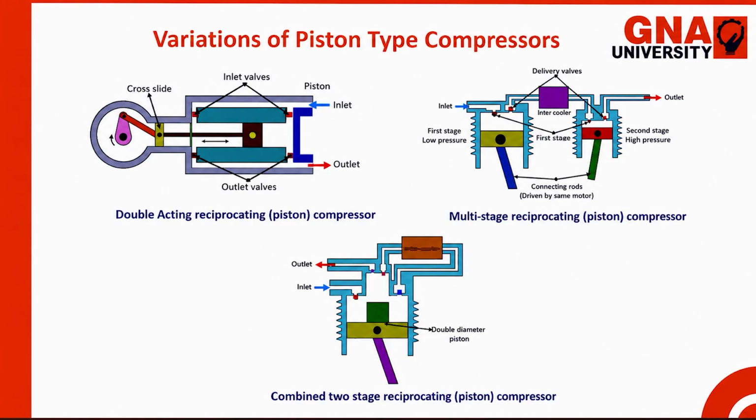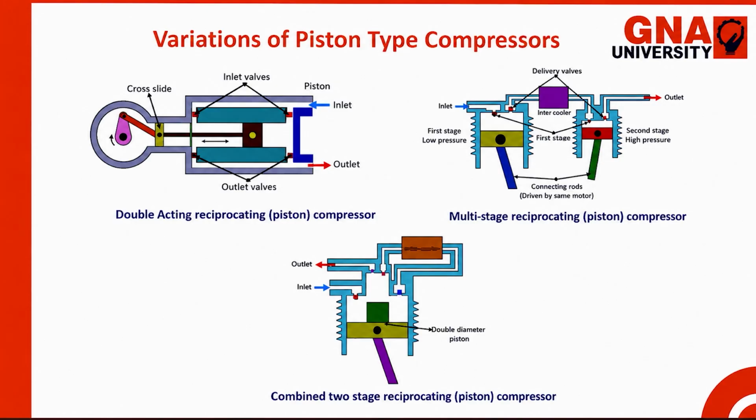Now, this is your intercooler. The function of the intercooler is to cool the air. As we know, when the compression takes place and the volume gets reduced, the molecules or air particles come closer to each other, and due to the frictional movement between the molecules of the air, there is an increase in the temperature. This high temperature of the air can damage the other parts of the pneumatic system. So we have to cool the air. That's why we have employed an intercooler in between the two stages.